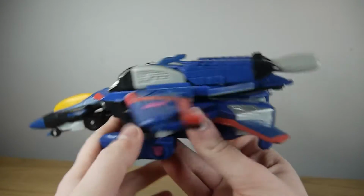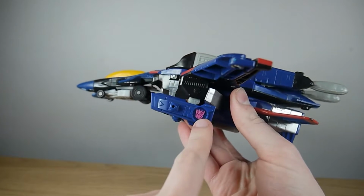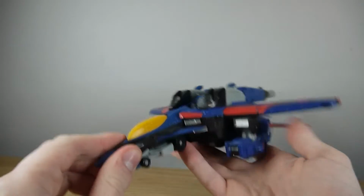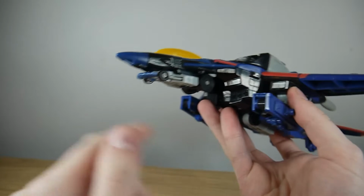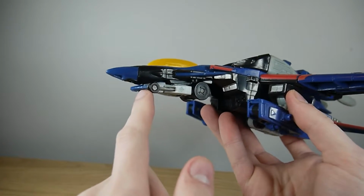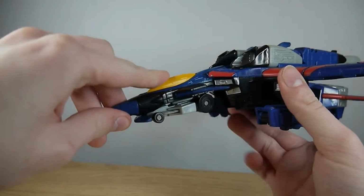It's fine. And of course you've got nice bright purple Decepticon logos on either wing and on the arms right there. So, gimmickry. Armada was renowned for its gimmickry. Now for a start, you'll see his Minicon partner Zap Master, aka Swindle, is plugged on to the bottom right there. And this, I believe, if you push down on the cockpit,